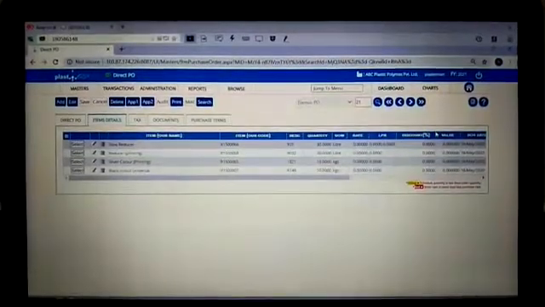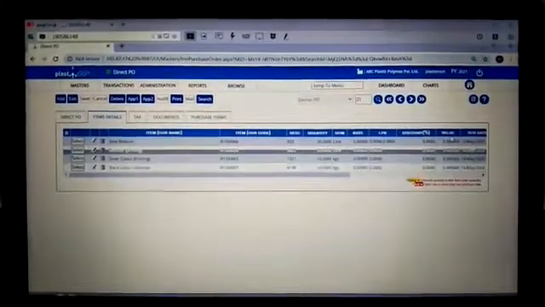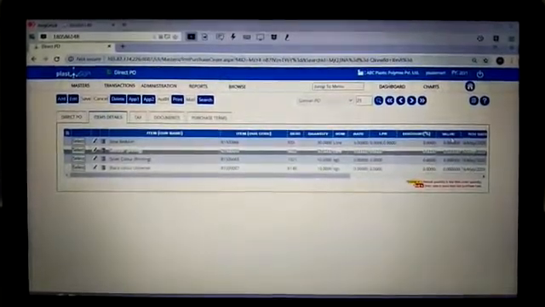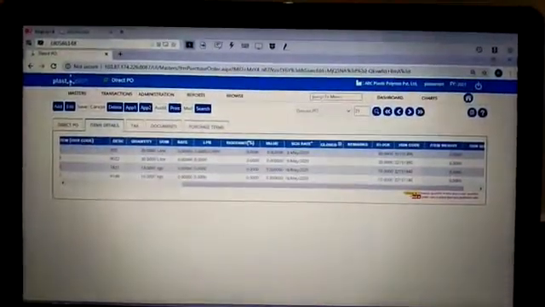Value, logic, rate into quantity less discount gives the total actual amount of purchasing. Then stock, available stock of item.